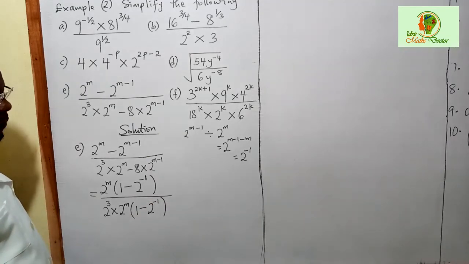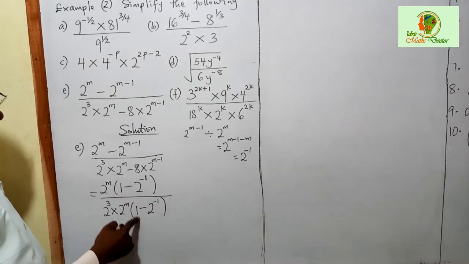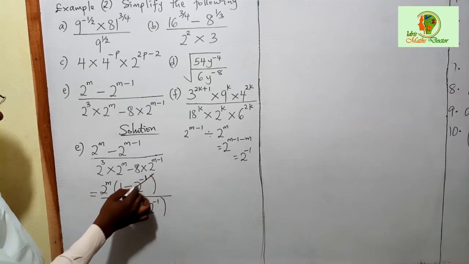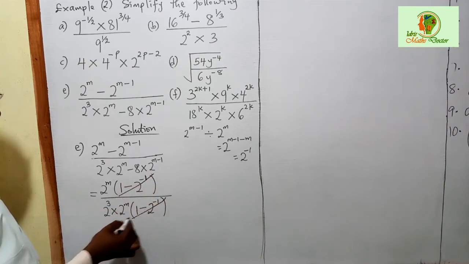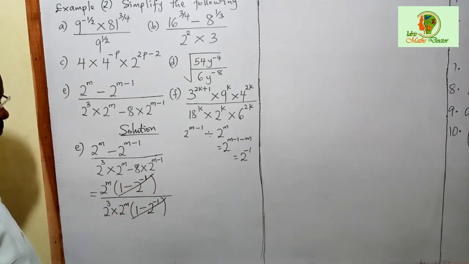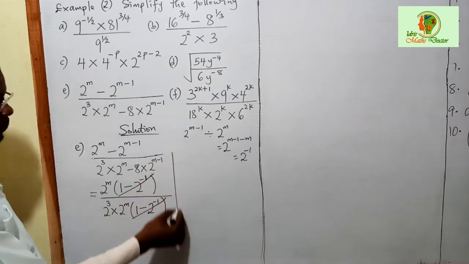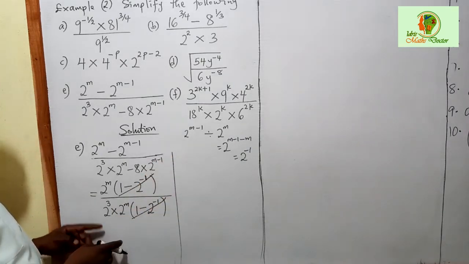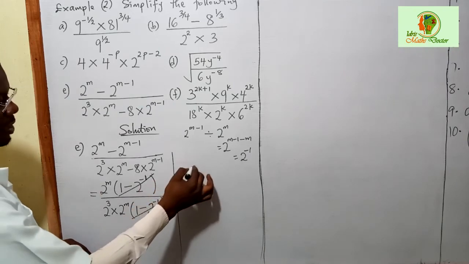This and this are exactly the same, so we can cancel out. This cancels this because they are the same. What we have inside the bracket are the same. Now, focusing on what we have left, you discover that the numerator here is 2 raised to power m all